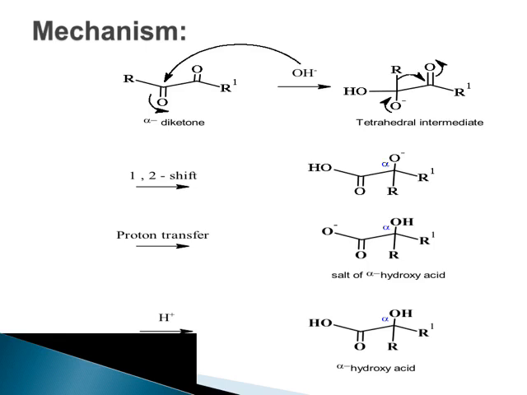Now, whenever you have a molecule in which there is a carboxylic acid functional group and an alkoxide ion, the proton of the carboxylic acid is highly acidic in nature. So, what will this alkoxide ion do? The negatively charged oxygen atom will abstract the proton to generate a carboxylate ion. So, there is intramolecular proton transfer to give the carboxylate ion or salt of alpha hydroxy acid, which undergoes acidification to give the corresponding alpha hydroxy acid. So, the mechanism is very simple. I hope you have understood this. The main thing is there is migration of a group from one position to the second position.